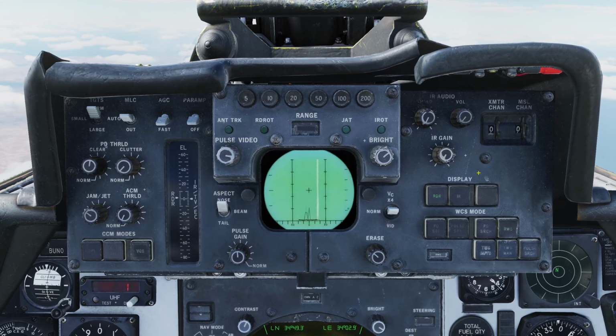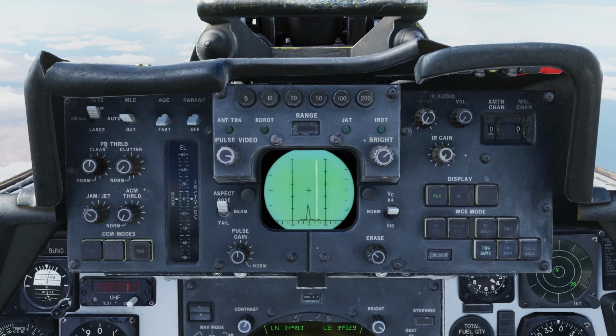The next one is we have two variants of TWS. We have TWS Auto and we have TWS Manual. These modes are the same, with the only difference being that in automatic mode, your azimuth and bar scan are automatically controlled by the WCS in order to keep the currently detected tracks within the radar's scan volume. In manual mode, the RIO is completely responsible for that themselves. TWS can generate 24 track files, so half as many as RWS, but they're of higher quality, and 18 of those can be displayed on the TID,